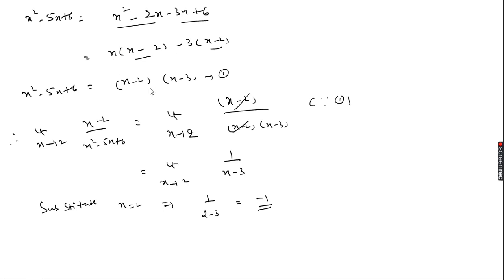So if we solve, we get (x minus 2) into (x minus 3). Then x minus 2 by x minus 2, the x minus 2 cancels, and we get the limit as x tends to 2 of 1 by (x minus 3). So we just substitute x is equal to 2 in that, we get 1 by (2 minus 3). So 1 by (2 minus 3) is nothing but minus 1. Okay. And the next problem is